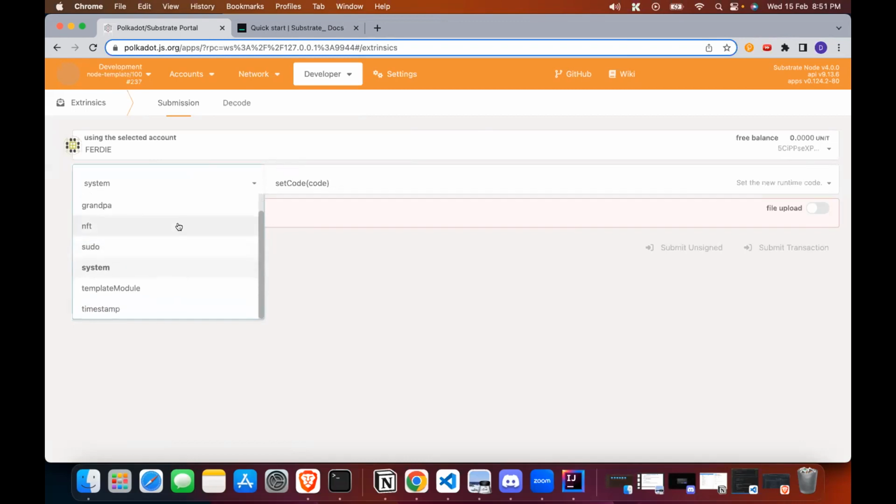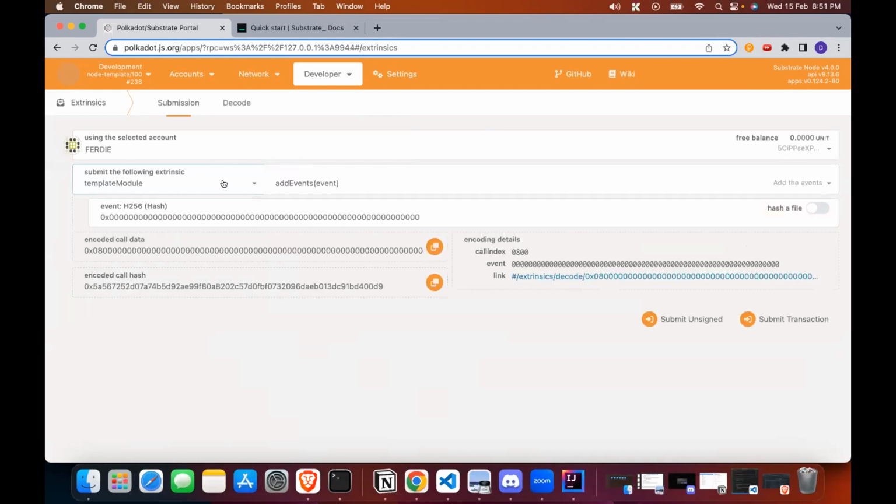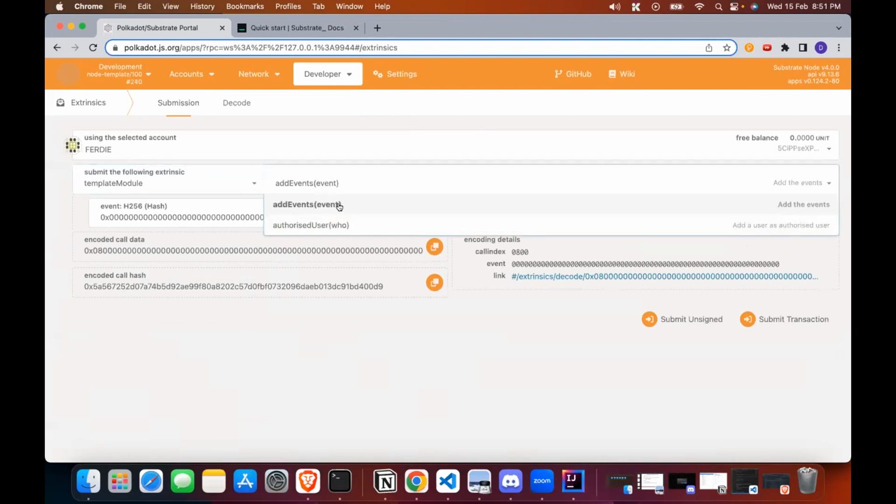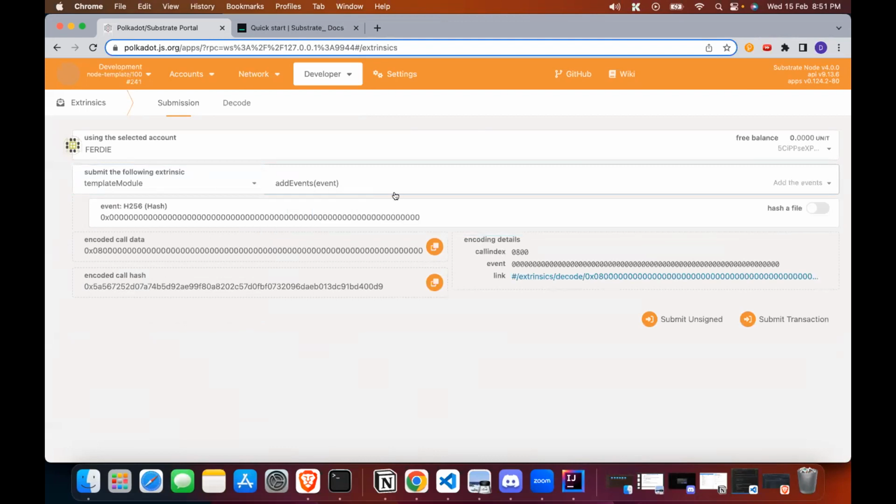I have already added the NFT pallet. So we can see the template module. This is the default pallet which is added in the project. This has two operations: add event and authorize. We can see add,